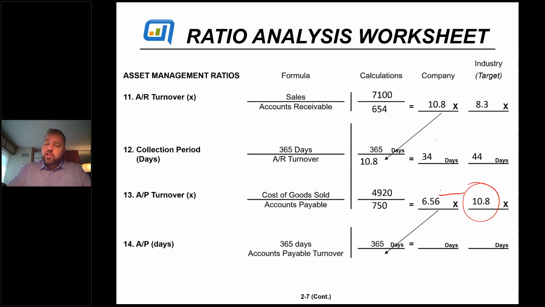And this is called stretching your payables, right? That means I'm waiting longer to pay. If we convert that to days, I'm paying in 56 days. Everyone else pays in 34 days. You stand out. You're the tallest blade of grass, and usually the tallest blade of grass gets cut. So that's where you don't want to be. You don't want your vendors saying, you're a bad customer because you don't pay me.